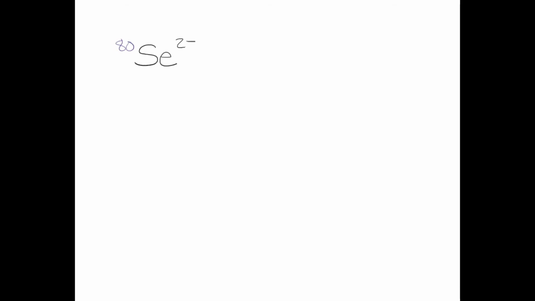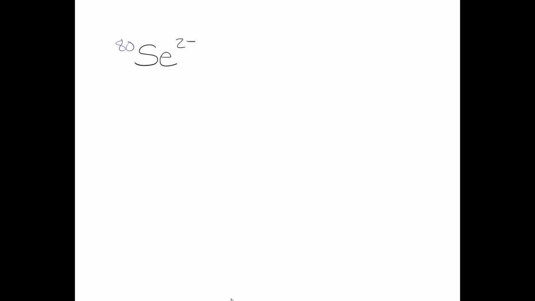Here, our isotope is an ion, which we can recognize from the charge shown as a superscript on the right. Determining the protons and neutrons follows the same process for an ion as it does for a neutral atom. It's only the number of electrons that will change, and we'll talk about those details in a little bit.